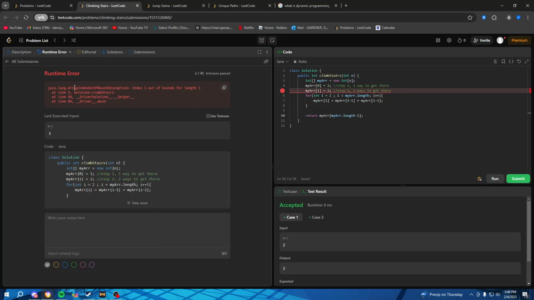index out of bounds. So we ran into a solution, index 1 out of bounds for length 0. And this is just what kind of happens. I tried to shortcut a little bit. One way you could work around this is we could add in the if statements. We could say if i minus 1 is greater than 0,